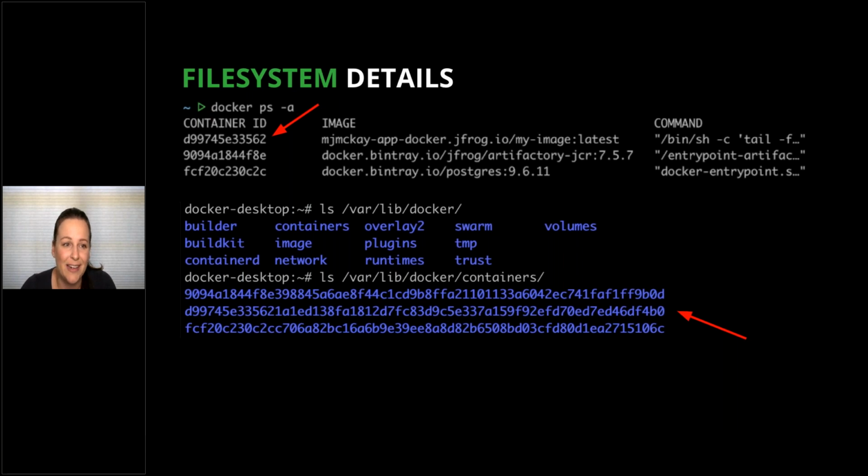Something to remember here is that if you stop a container, that corresponding directory doesn't automatically go away until the container is actually removed with the docker remove command. So if you have stopped containers lying around that never get cleaned up, you might see your available space start to dwindle. There's a docker prune command that you can run to help clean stuff like this up. Or when you launch a container, you can launch it with a flag to indicate that it should be removed when it's finished. And I do have an example of that.